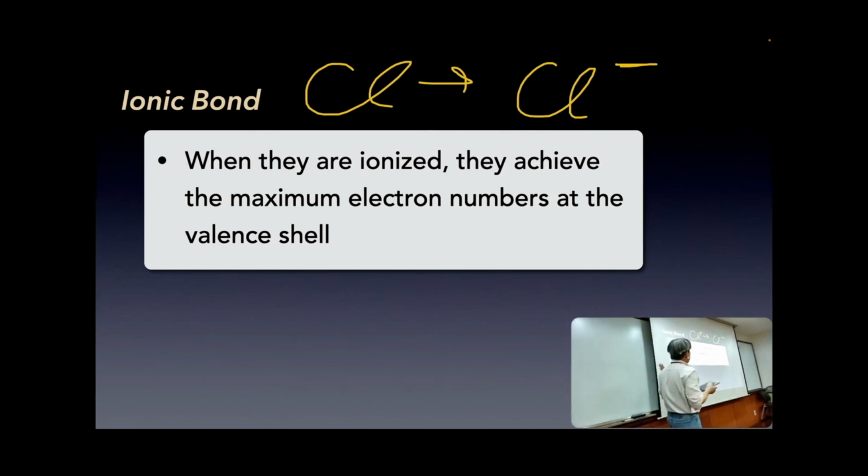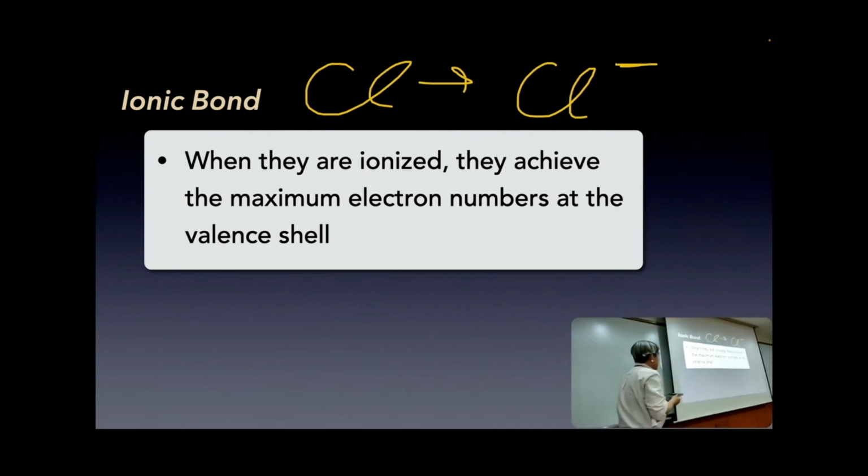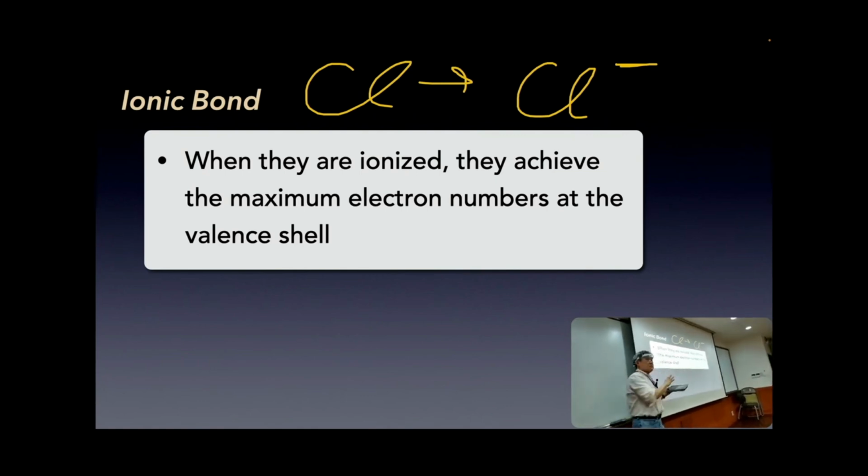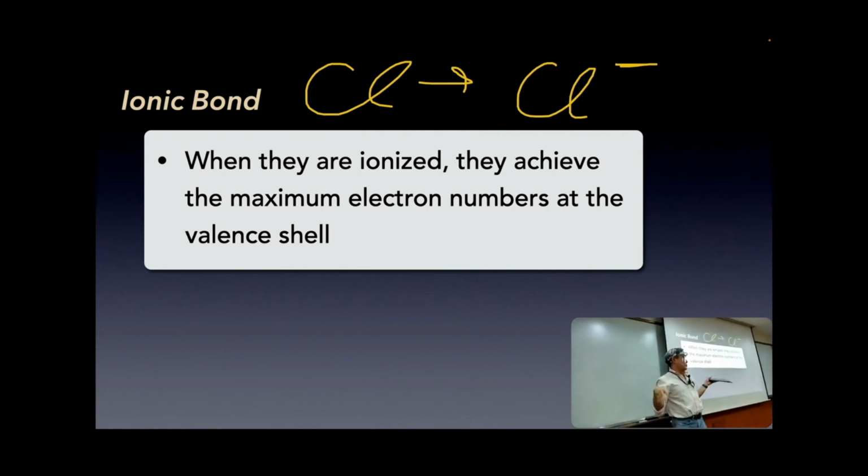Then it becomes a negatively charged ion. So why do they do that? Some elements can easily become ions, like here in the example, sodium and chlorine. These are very good examples of two opposite cases of being able to become ions so easily. Why? Because